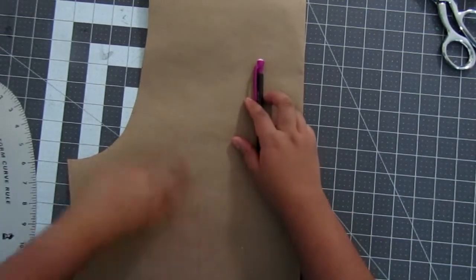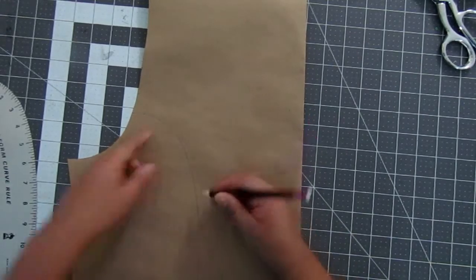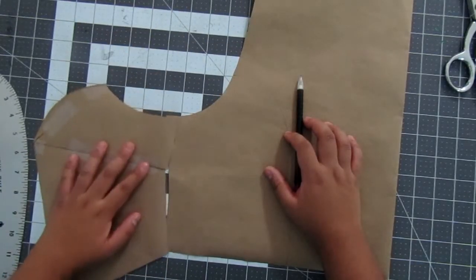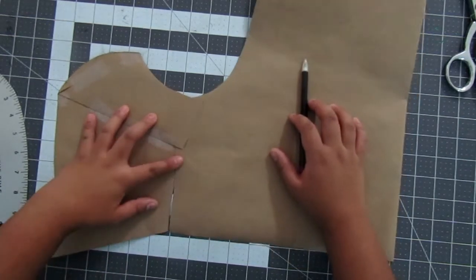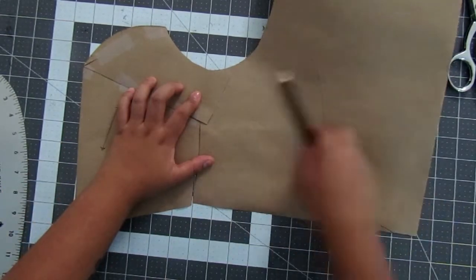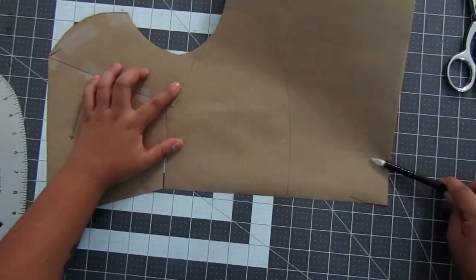So now I can cut this out and then add seam allowance onto this pattern piece. But I also said that I wanted to shorten the back. So how I'm going to do that is I'm going to take this pattern, this is the front, and I'm just going to follow this right here. I'm just going to follow this into the back pattern piece. And I think that's going to make it look more intentional